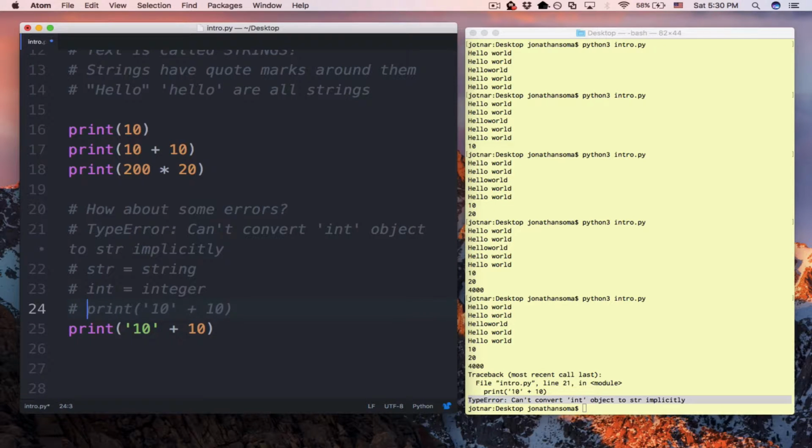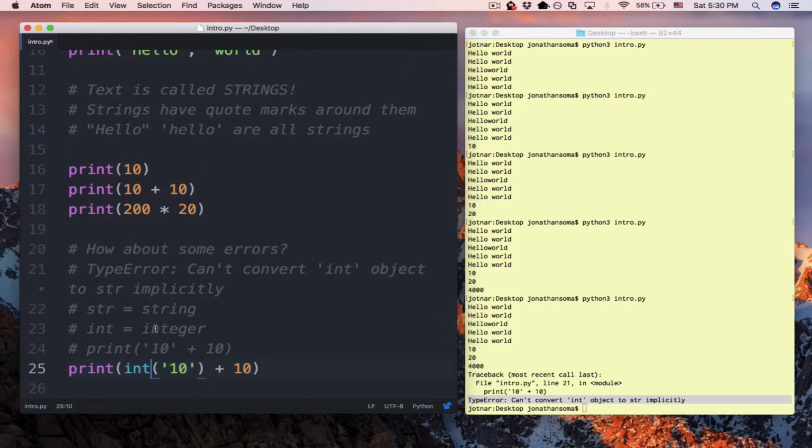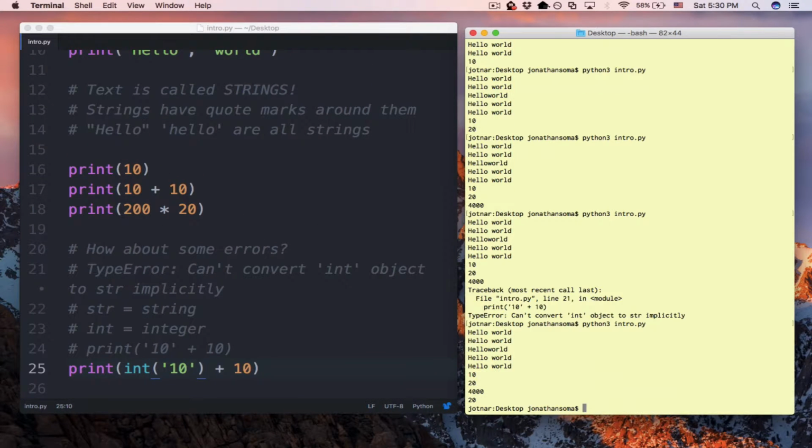Two ways we could fix that. What it wants is either two integers or two strings. So here's how we're going to do it. I'm going to say, convert this 10 into an integer. Ta-da! So this becomes the integer 10, and this becomes the integer 10, and then they add up to be